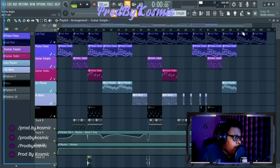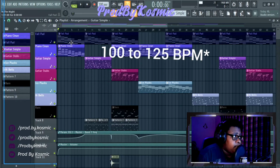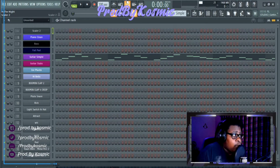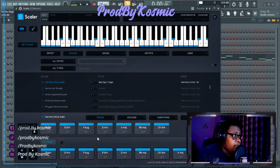Now we're in FL Studio. I like to do trap R&B beats somewhere between 100 and 125. This time I did 100 even. I've started using Scalar too to make my beats, so I will open up Scalar and pick a chord progression. This just happens to be D minor. It's in the key of D harmonic minor, and this is what the chord progression I picked out sounds